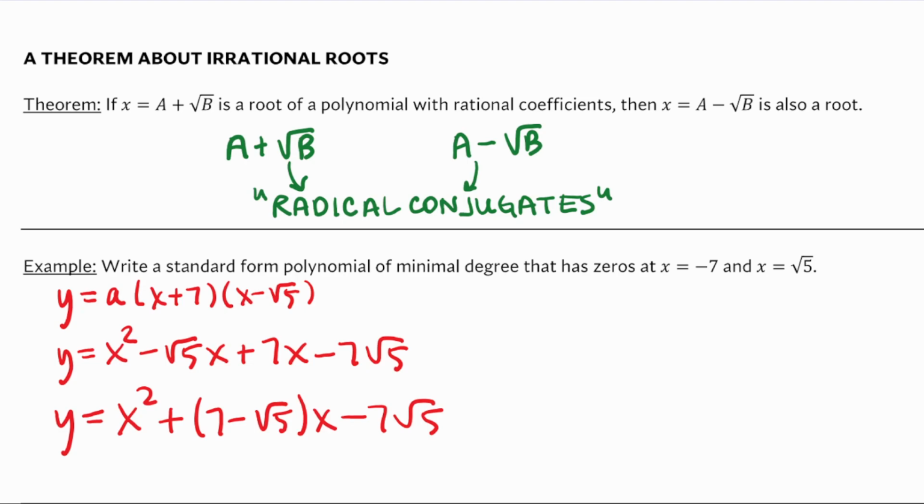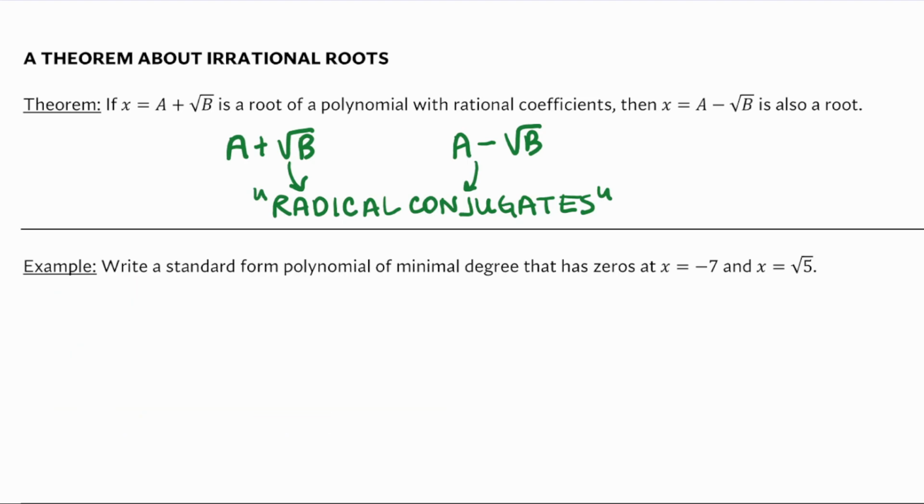Okay, so if we need rational coefficients, that means we don't want this square root of 5 nonsense floating around. If we have positive square root of 5, that's 0 plus square root of 5. We need to also have 0 minus square root of 5. So let me clear this all out. So, and if we want rational